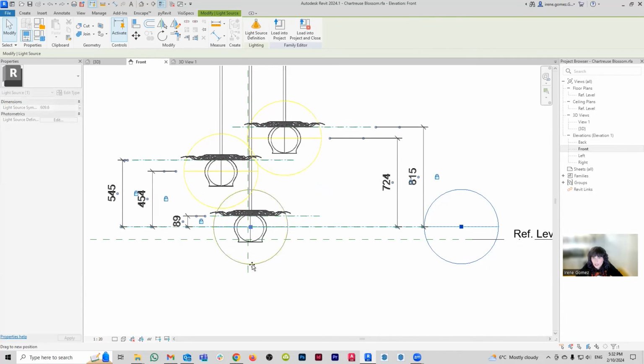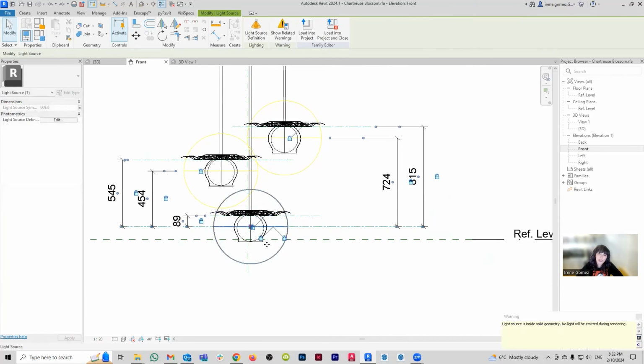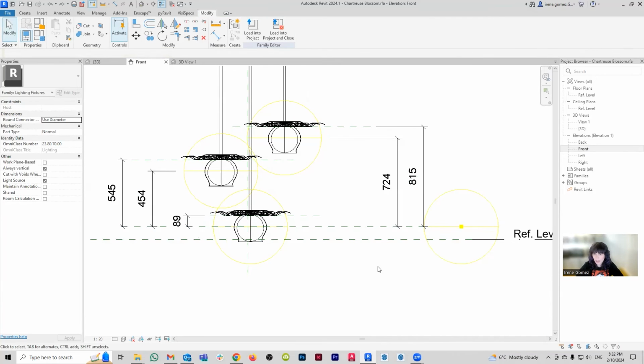The other thing that I could do is create like a fake bulb. So let's say that I can go back to the original bulb family and make it just a generic. So actually, let me demonstrate. I'm going to leave this guy outside. It's going to be a little bit more work, but that's fine.